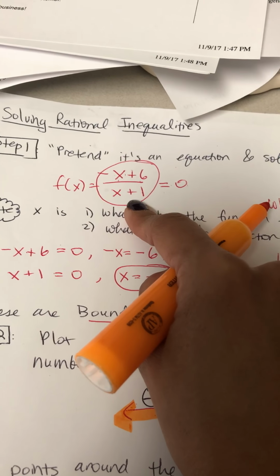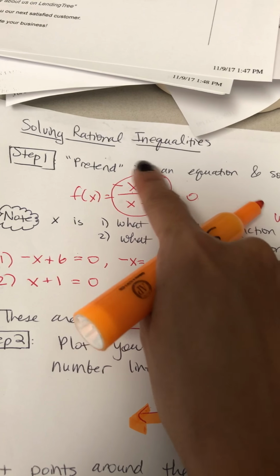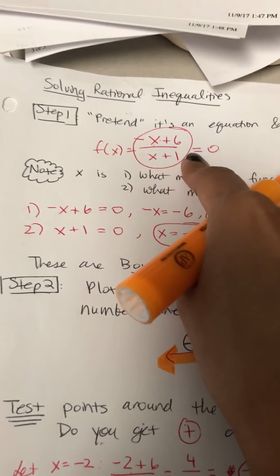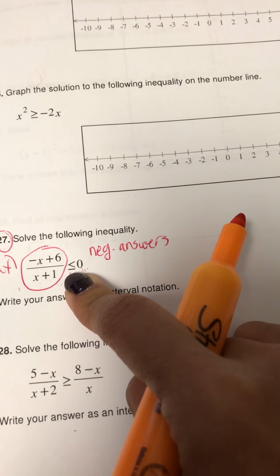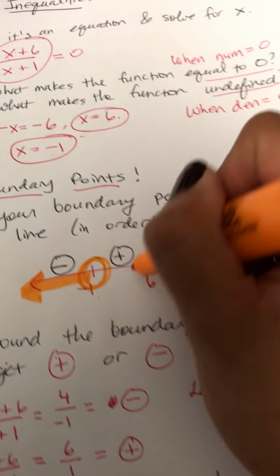If I plug 6 into this function, I'm going to have -6 plus 6. I'm going to get a 0 in the numerator, which means my answer will be 0. Can I have a 0 in this problem? I sure can. It's less than or equal to 0. So since it could equal 0, my 6 is going to be a solid